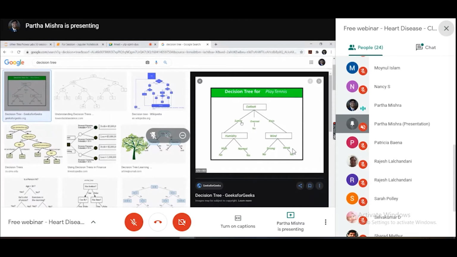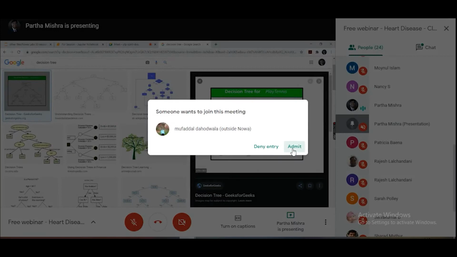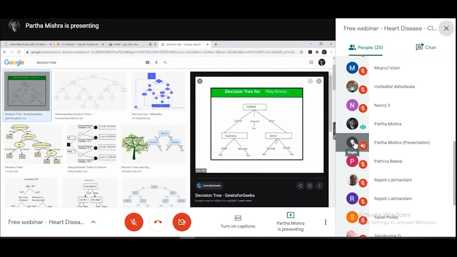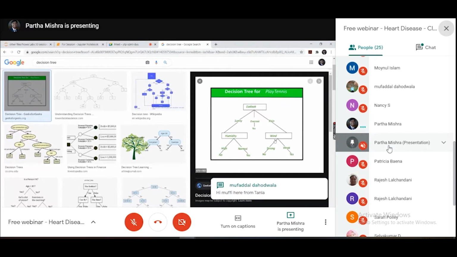Now, why is it called a decision tree? It's because for every particular condition, we're going to test those conditions. If we're looking at the basic outlook of the day, we have three options: sunny, overcast, rain. Depending on that condition, we have to check the next condition. These three conditions, the outlook, the humidity, and the wind, all have a particular hierarchy. Outlook is given the first hierarchy, and humidity and wind share the second.